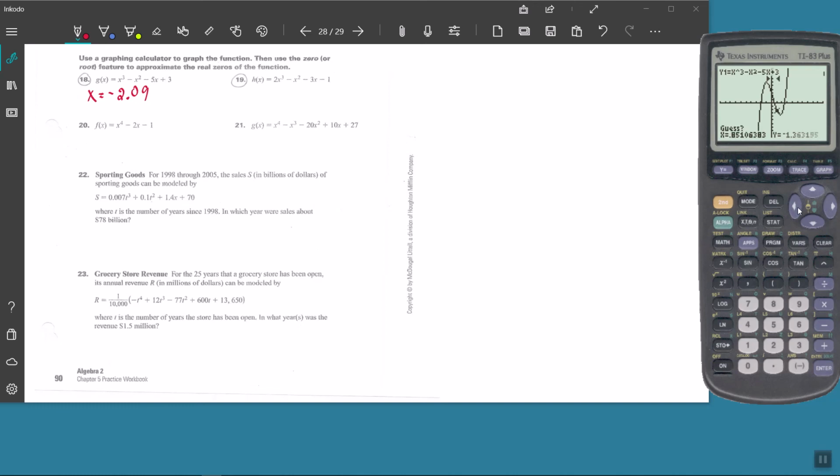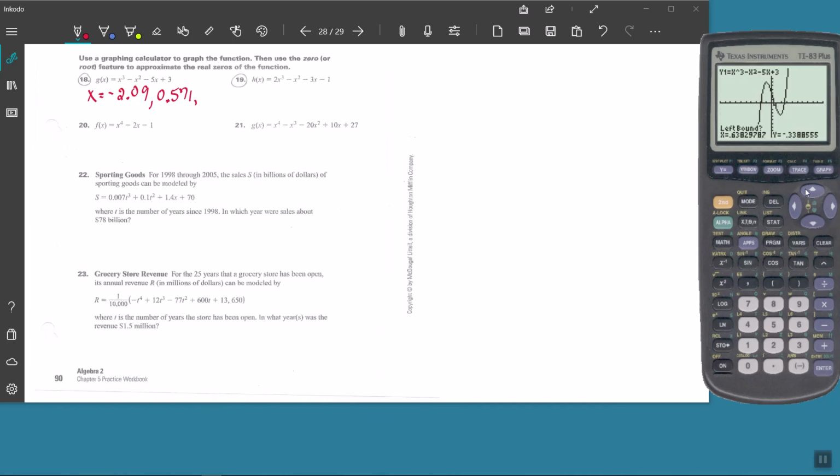And then it wants me to guess. And so I'm going to go as close as I can to the actual intercept and hit enter. And it calculates it at 0.571. So that's your second 0. All right, and we'll do it one more time. Second trace,